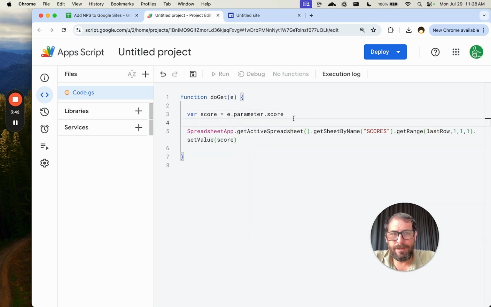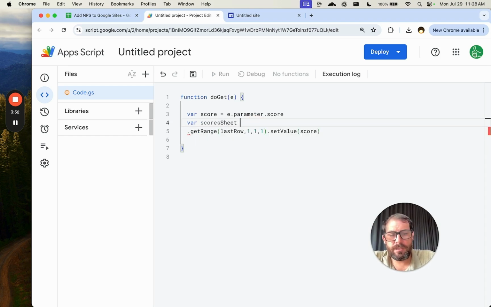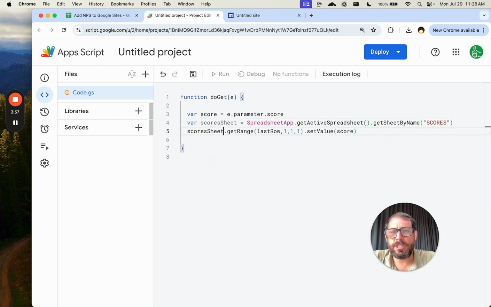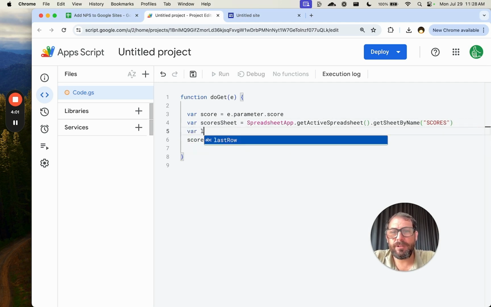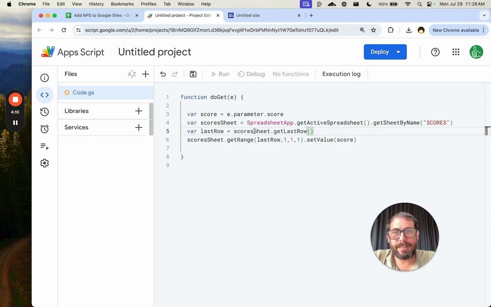Let's go find it. We will need all of these scores again, like the sheet scores. So actually I'm going to cut it and call it variable scoresSheet equals, and it'll just be this score. So we'll call this scoresSheet.getRange.setValue. But we need that last row. So we'll say variable lastRow equals scoresSheet.getLastRow. Simple as that. We just get the last row, but we don't want to actually put it on the last